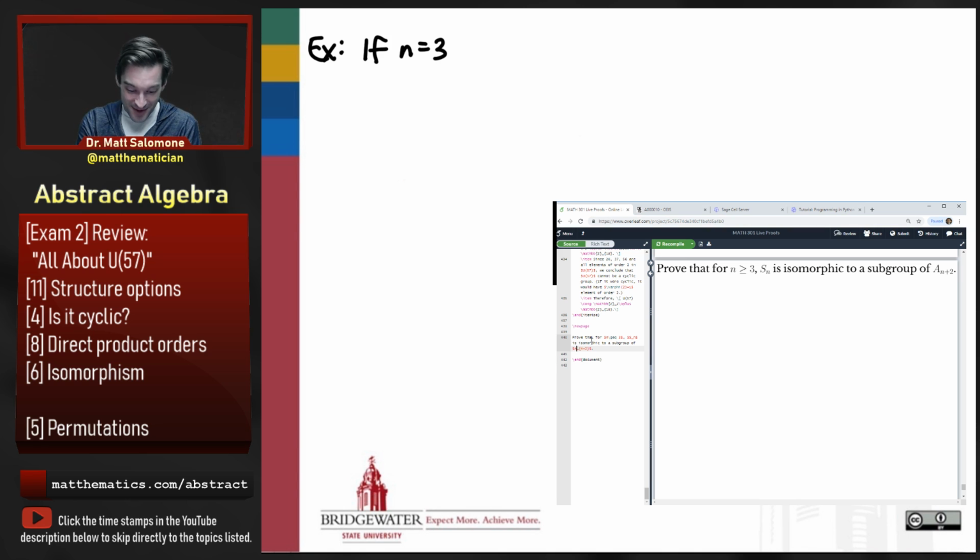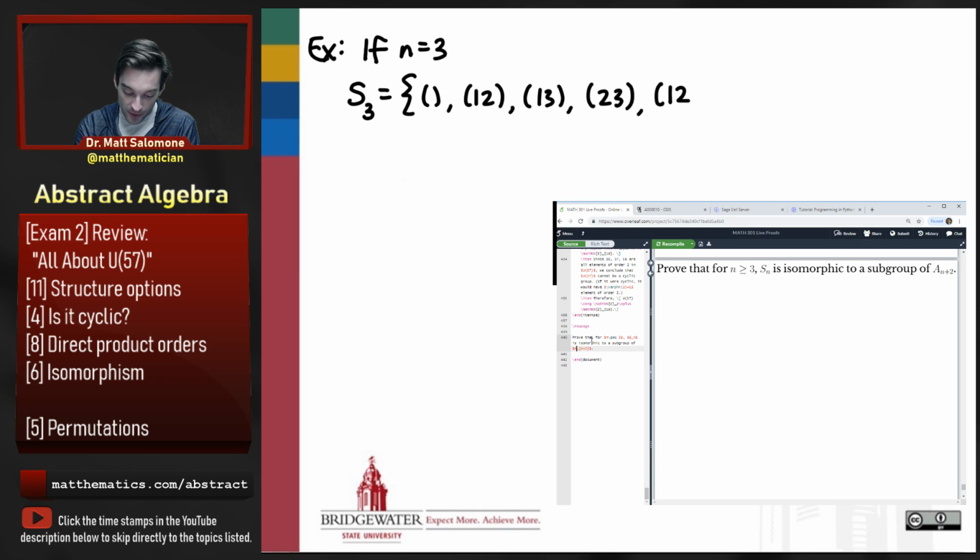Let's try and wrap up this example, but I want to wrap it up by solving the correct exercise here. So S3 has 6 elements, right? It's got the identity, it's got the transpositions (1 2), (1 3), (2 3), and then it has the 3-cycles rather, (1 2 3) and (1 3 2). So S3 is a group of 6 elements, and then the claim here is that it's isomorphic to a subgroup of A5,